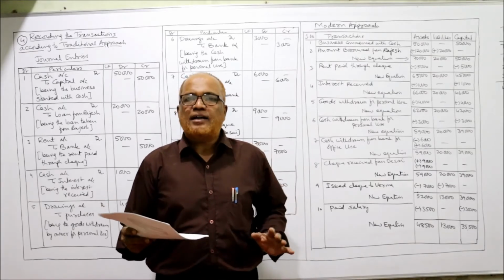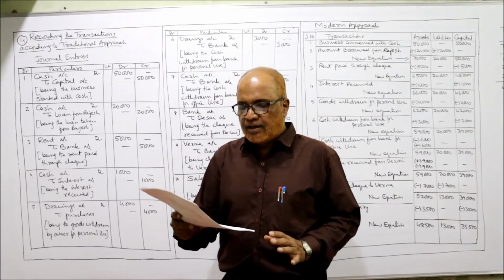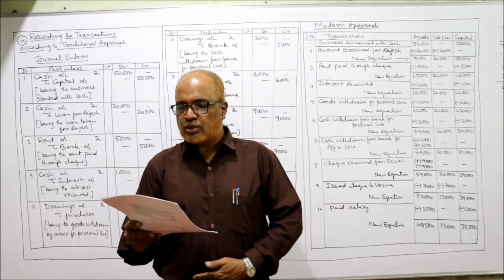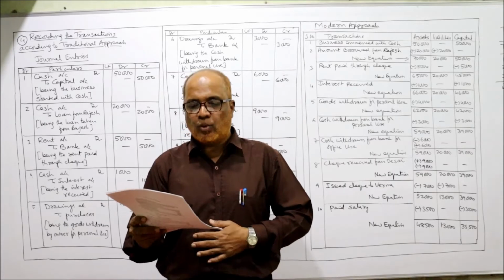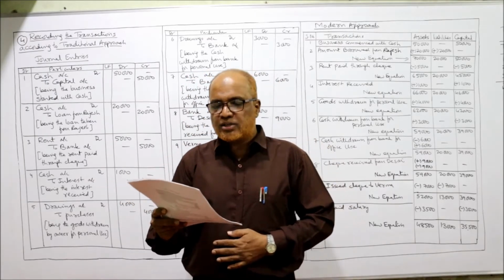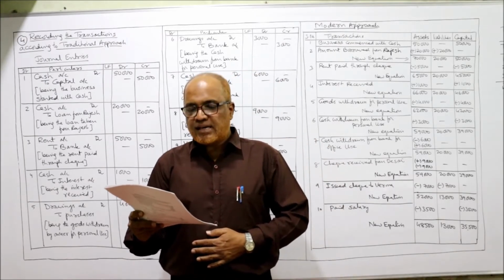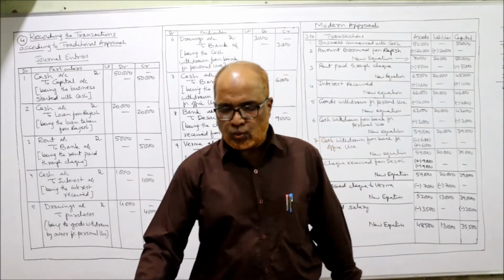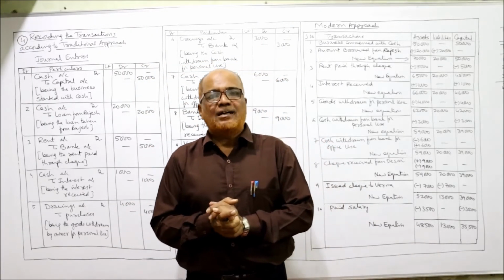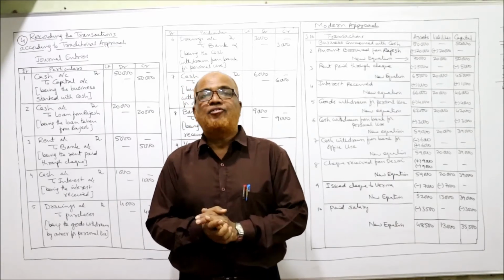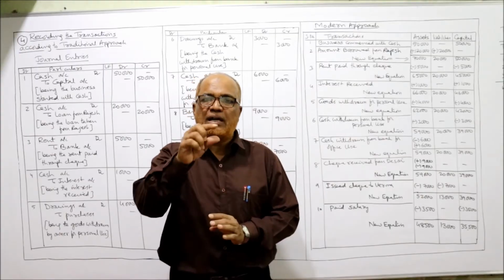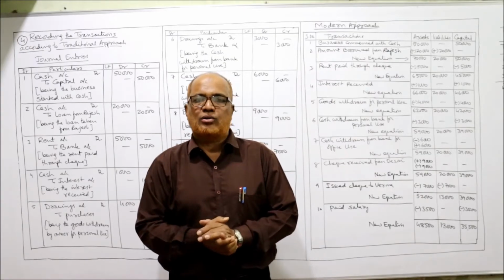Come on, now I am starting the fourth problem. Analyze the following transactions according to the traditional approach and the second, modern approach, that is the accounting equation method. So here 10 transactions are given. First transaction, commenced business with cash. Now see here, there are two methods of recording the transaction. The first method is the traditional method where a journal entry will be passed, debiting one account, crediting another account by